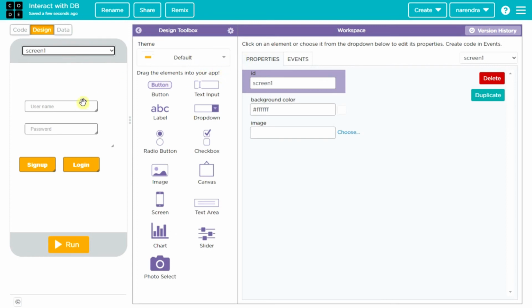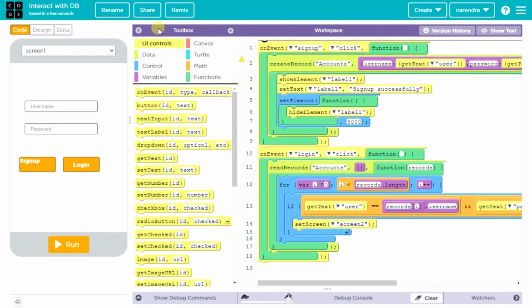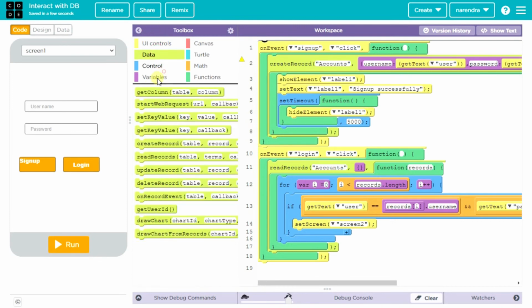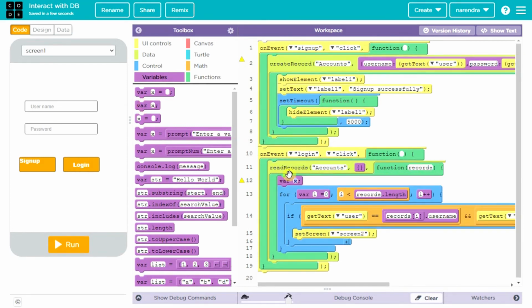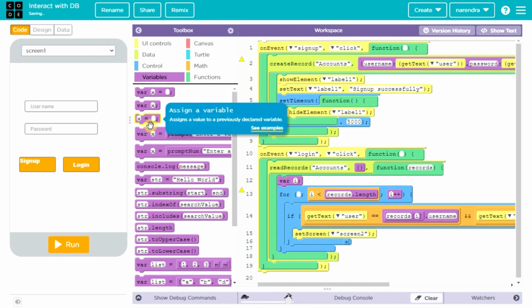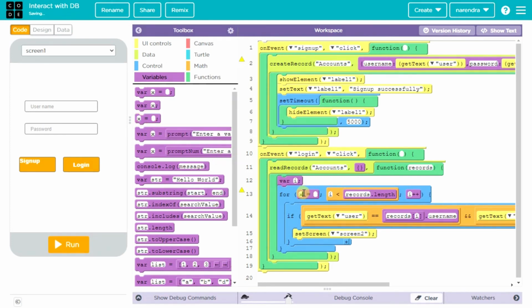For that, you need to change the code a little bit. Let's make use of a variable, and make this variable i. Here I don't want to declare it, just give i a value of 0. Choose an assignment statement: set i as 0.